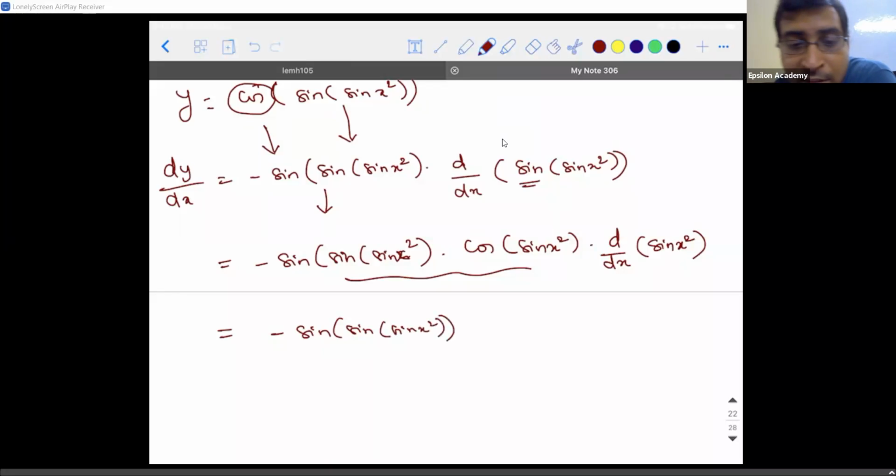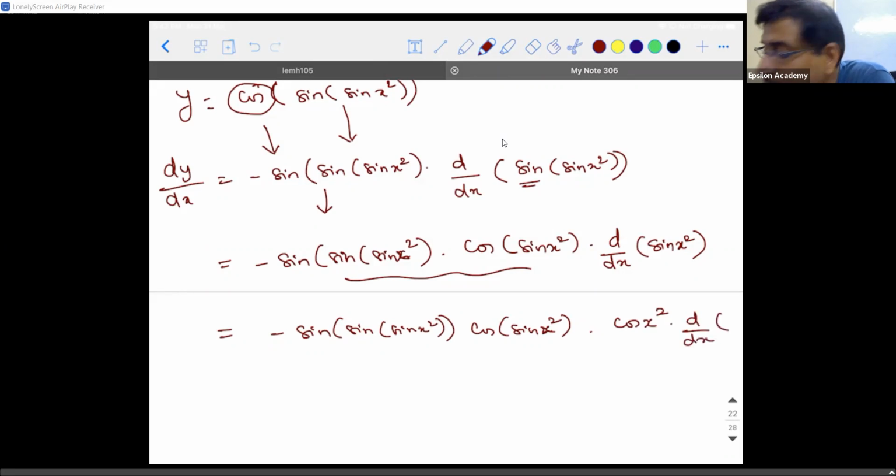Don't worry, they will not ask this big question. But it is for you guys to understand. Into cos of x. Cos of 2x. Correct only. Cos of? Cos x square. Cos of x square into d by dx of x square. Now you are able to understand how to eliminate each function, keep entering into the brackets.